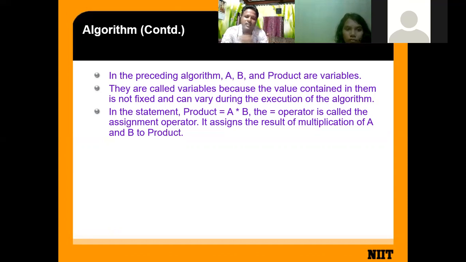Then that seat is allocated to the other person. That means that seat is not fixed to me. In your home, your study room, your study table, your chair is fixed to you. It belongs to you. But the bus seat, cinema hall seats are not fixed to you. It always changes. When your cinema time is over, then the seat is allocated to the other person.